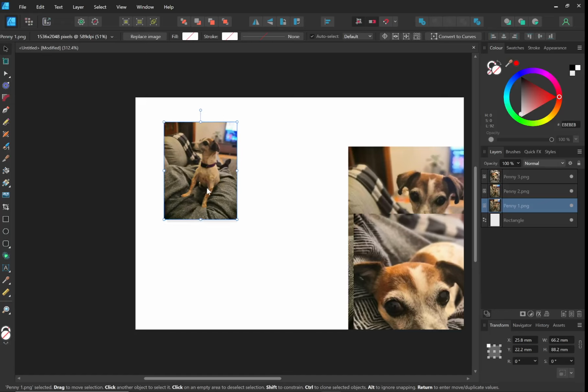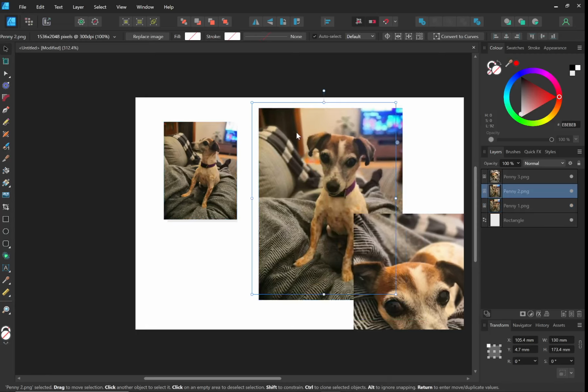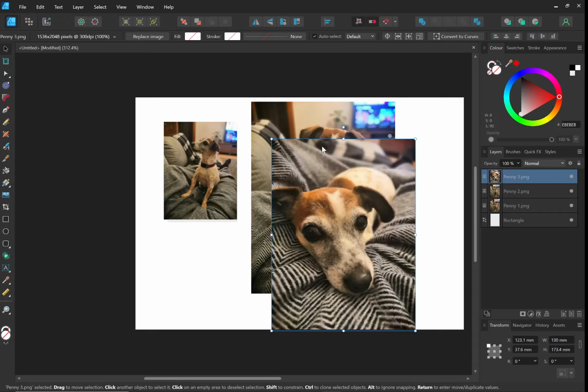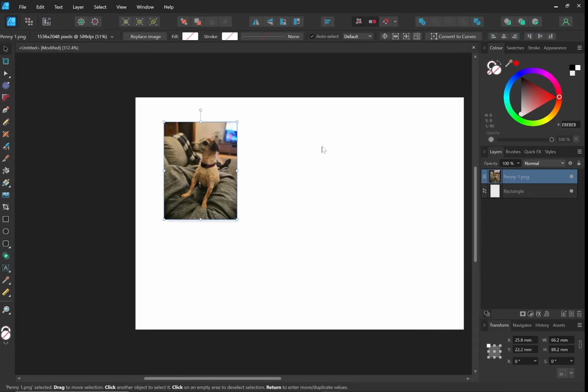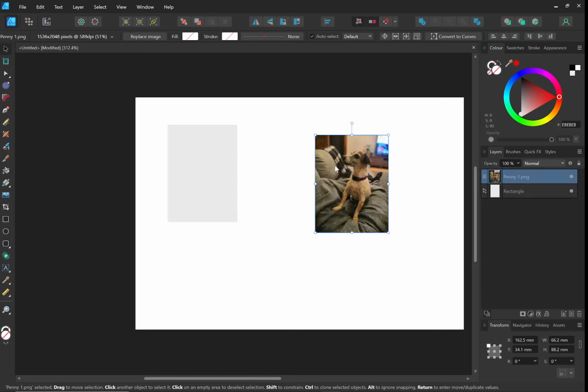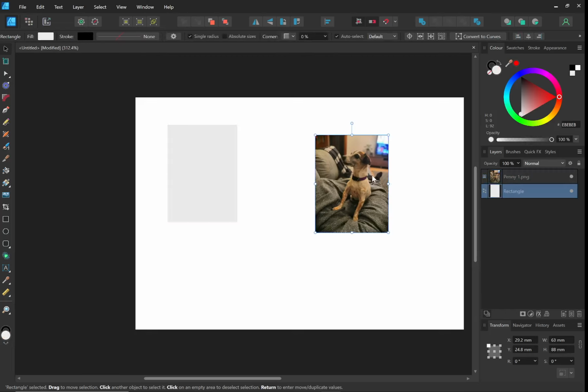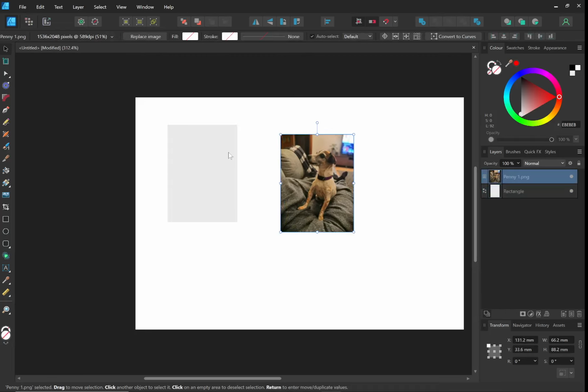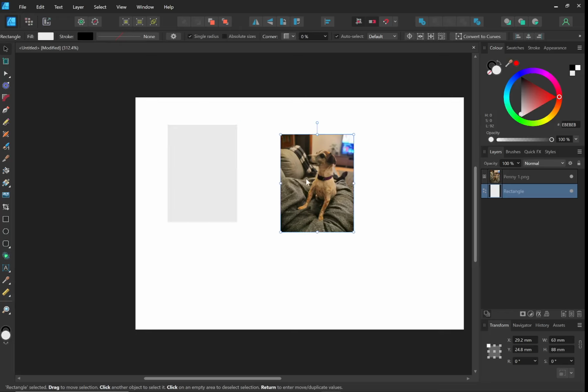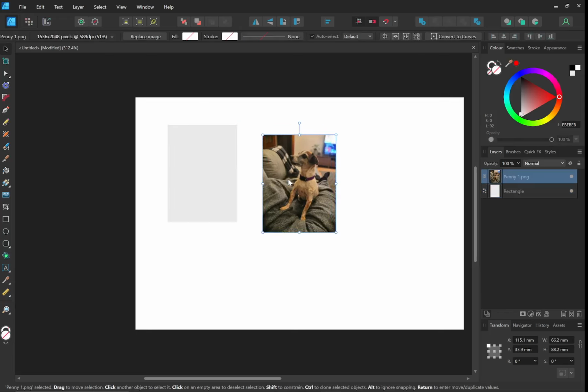Next thing I need to do is make a border. So what I'm going to do is delete these other photos, I don't want them. I'm just going to click them and press the delete button. This is the picture I want for Penny. So in this document, there are 2 things right now. There is this, that's the card, or the size of the card we want, and this is the picture of